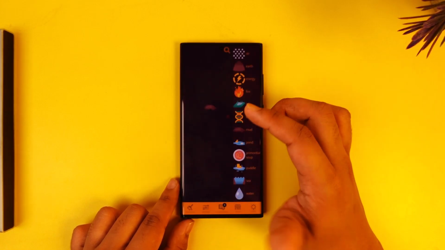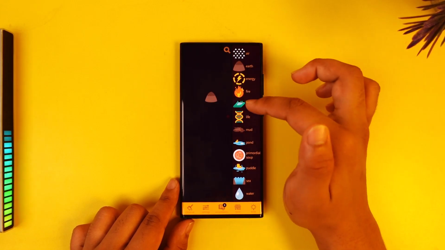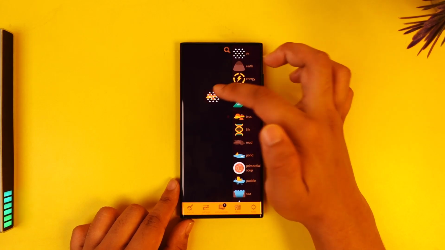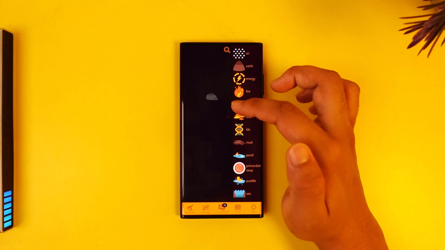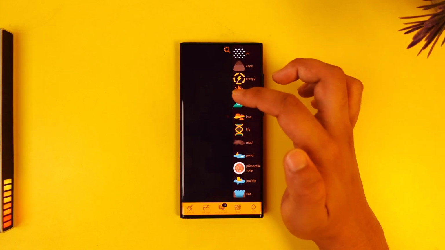create mud. And once we've combined that, we will go ahead and then add again earth and fire to create lava. Once we've created lava, add air to lava to create a stone right there. Once we've created the stone, we will go ahead and then basically add mud to this stone right here to